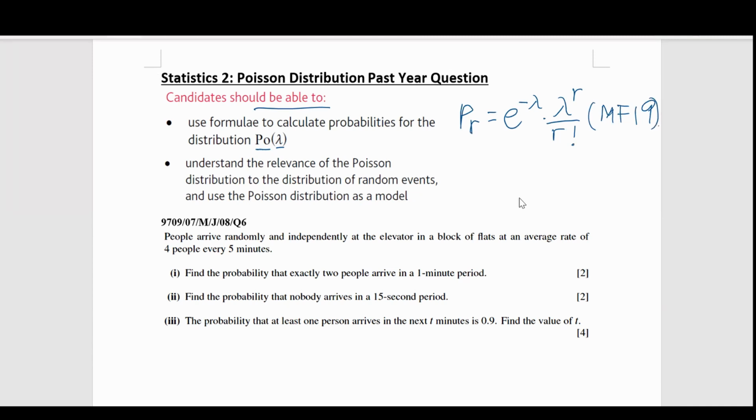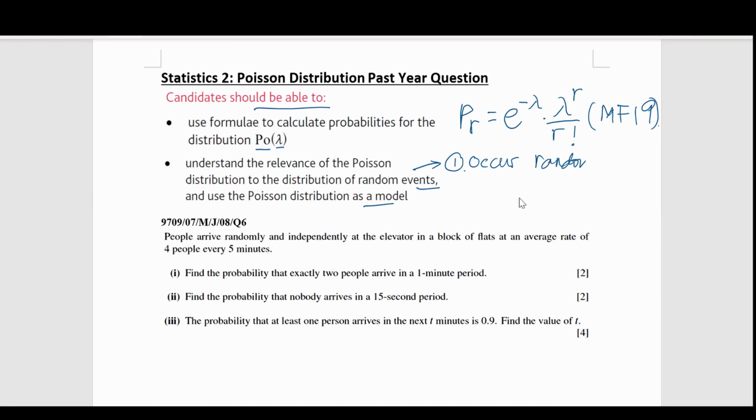Second, understand the relevance of the Poisson distribution to the distributions of random events, and use the Poisson distribution as a model. That means we need to identify the exam questions where we use the Poisson distribution. In other words, we need to know the conditions. There are 4 important conditions for a Poisson distribution to be used. The random variable has to occur